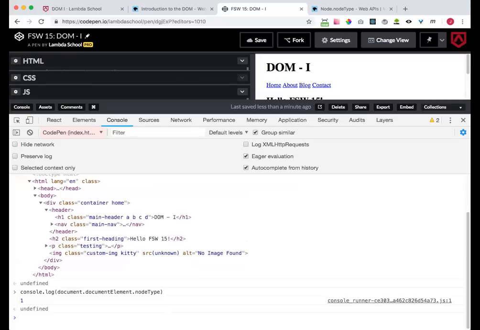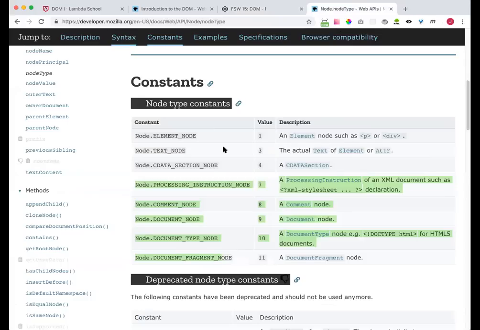I'm going to hit enter. Notice that it's a type of 1. Okay, so if we go look at 1, it says it's an element node. An element node such as a p tag. So basically,